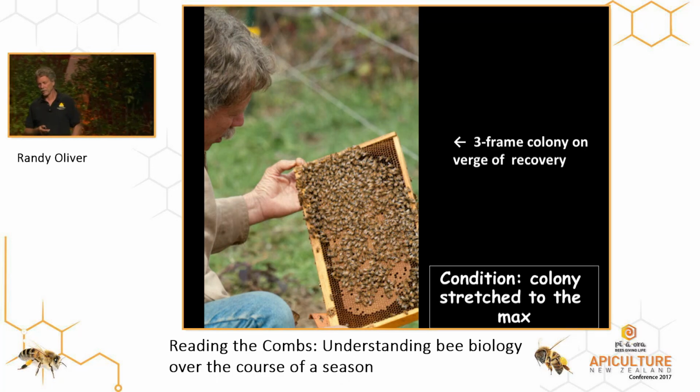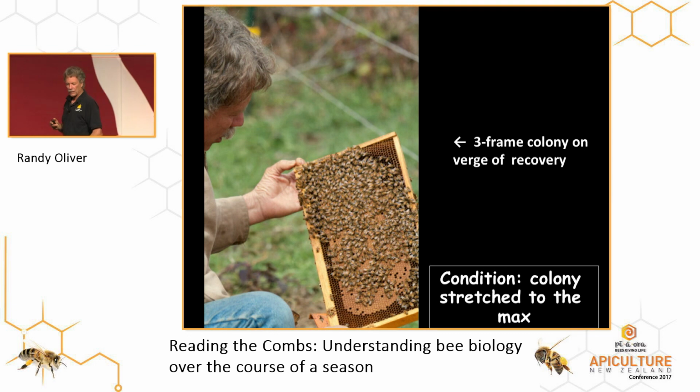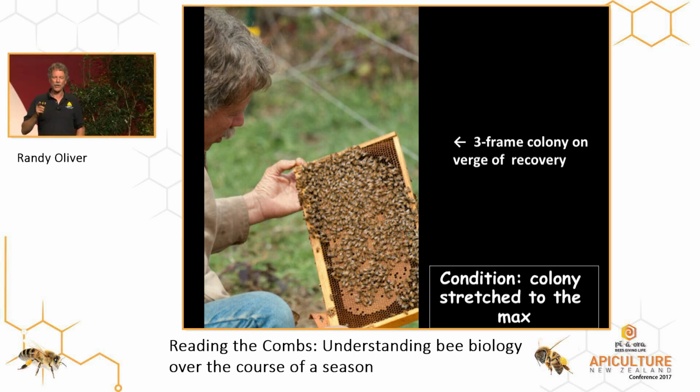Okay, here's a test for you here. 3-frame colony, little tiny weak one. A month after the winter solstice, cold nights, we get a little bit of frost at night. This was a colony that did not make it to almond pollination. Look at that beautiful patch of brood. Which is greater right now? And no guesses. You'd be prepared to defend your answer.